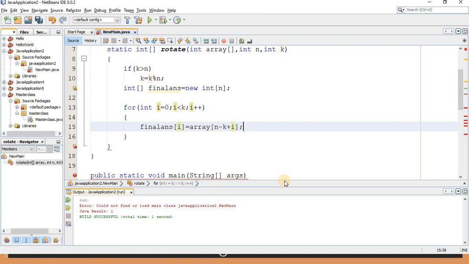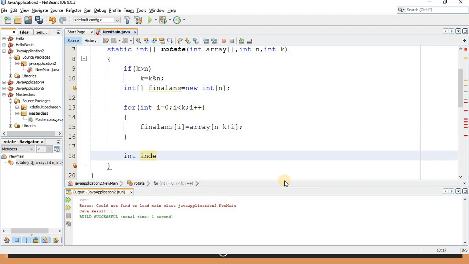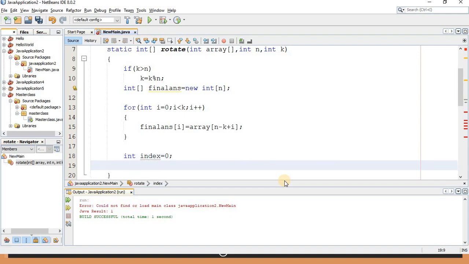See, because if I take only n minus k, it will not give me the appropriate value, so I am adding my index position to it. So n minus k plus i. Then I will require one index variable that is initialized to 0, and I will be utilizing it again in a for loop. Now this for loop will traverse from i equal to k to i less than n,